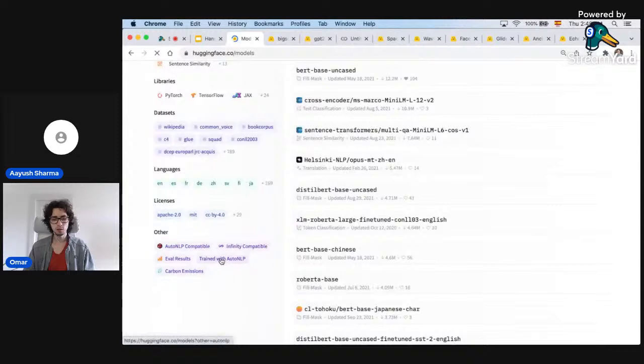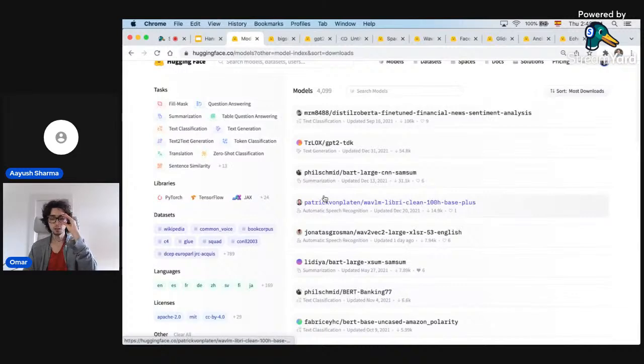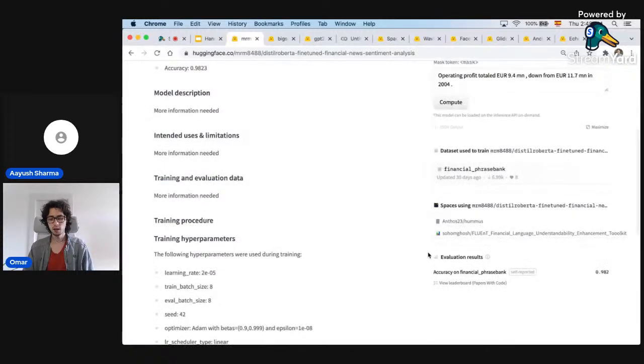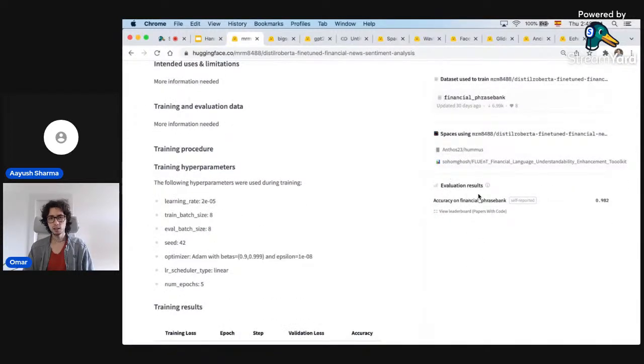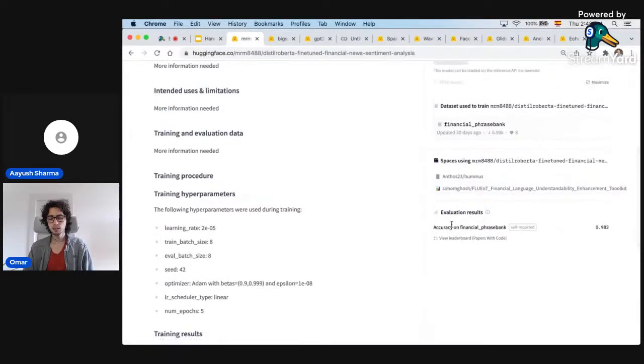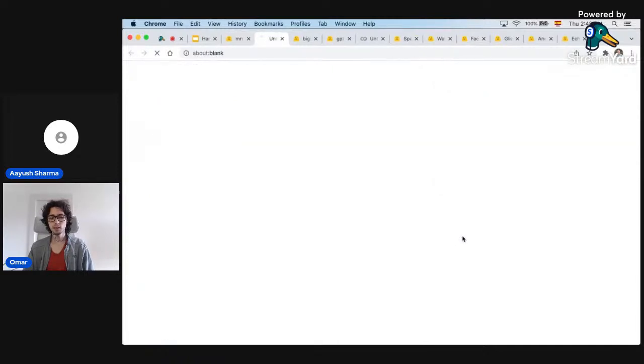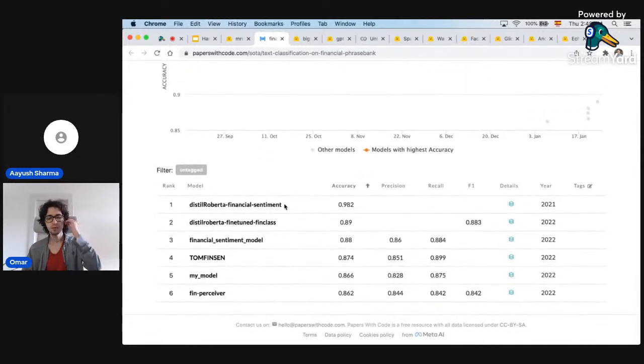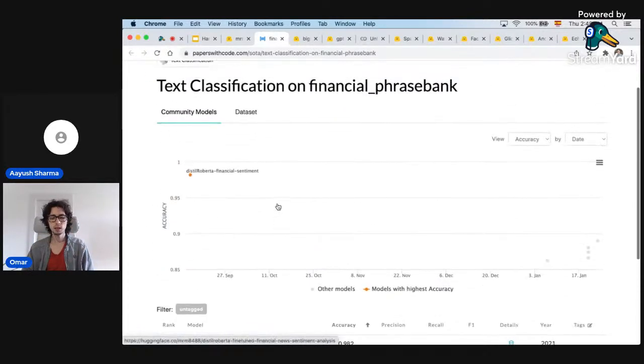So let's go to another example. You can go here to eval results at the bottom left, and this will give you a filter to find all of the models that have evaluation results. Let's go to this other one, and again here at the bottom right, you can see the evaluation results, and there's a view leaderboard link that links to Papers with Code, which is a platform from Facebook that allows you to compare all the models that were evaluated on this dataset.